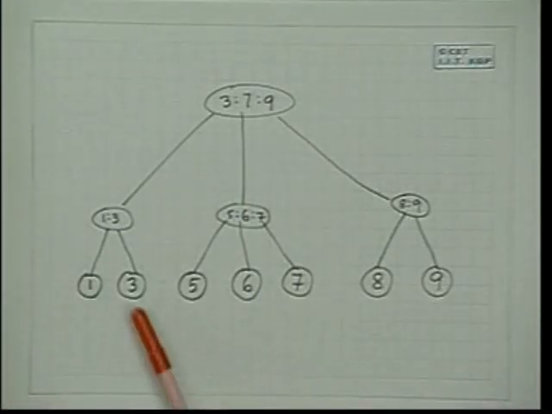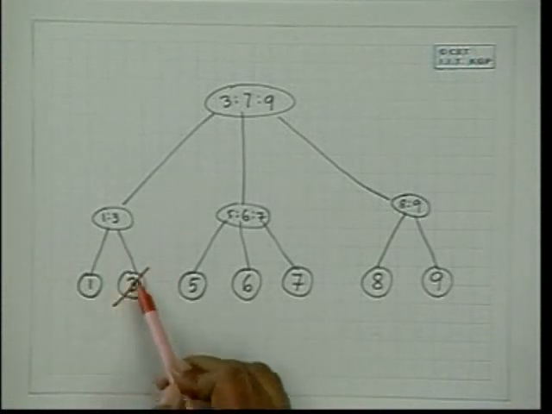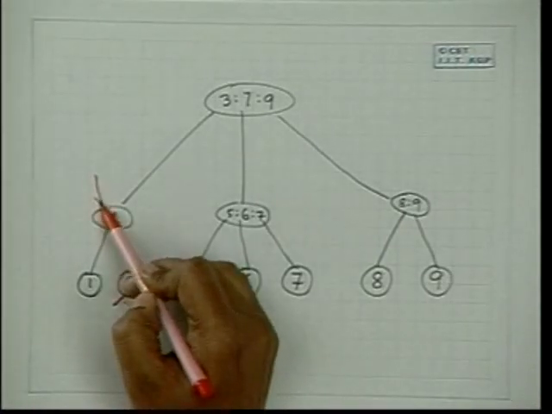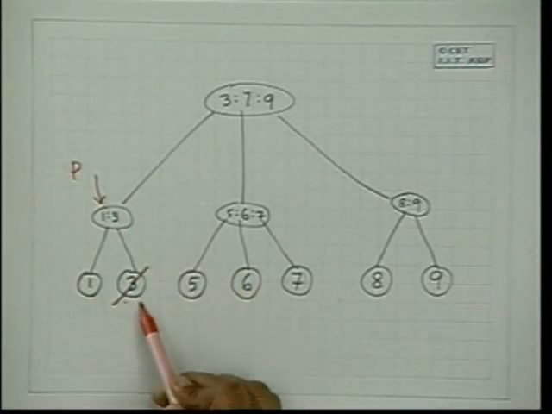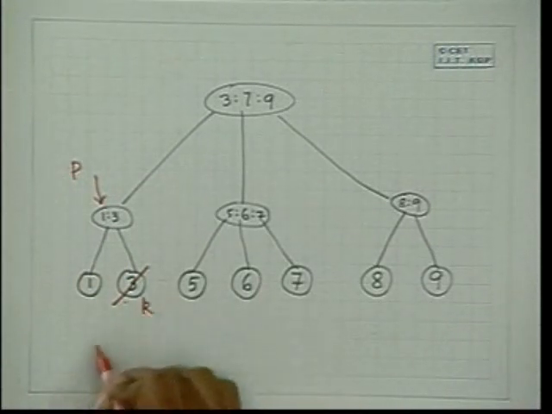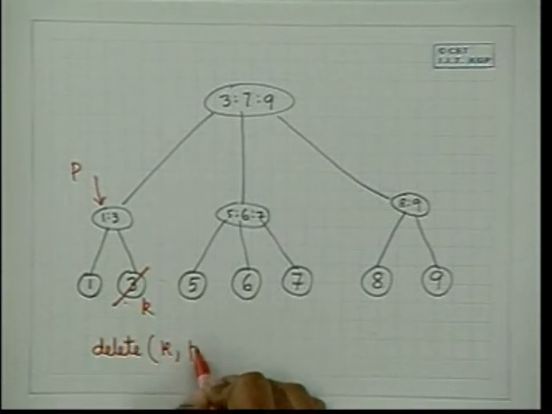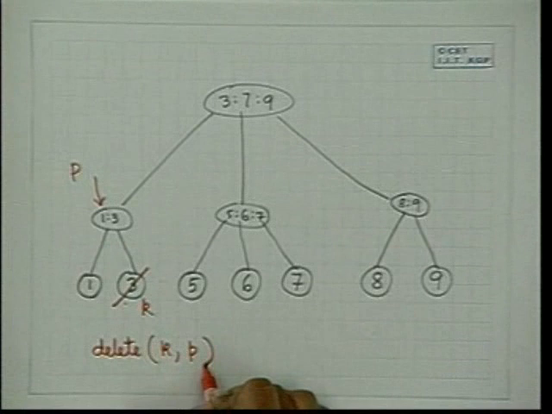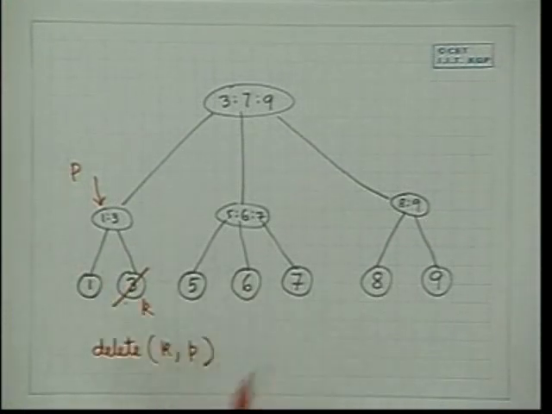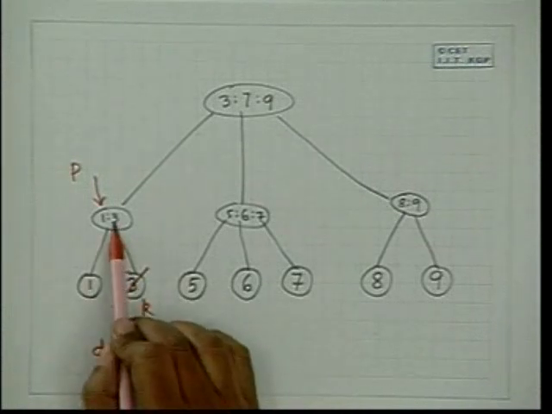So let us delete 3. If I delete 3, so delete n on the p. So this is p, this is n, say k. So delete k in p. There are 2 cases. Case 1, this does not hold, I am taking the bad case. Case 2, so check with this side.